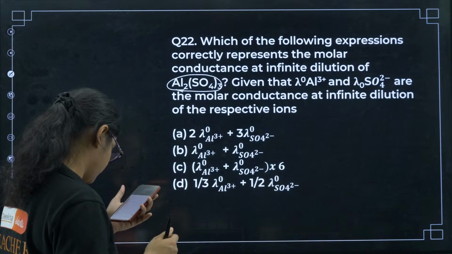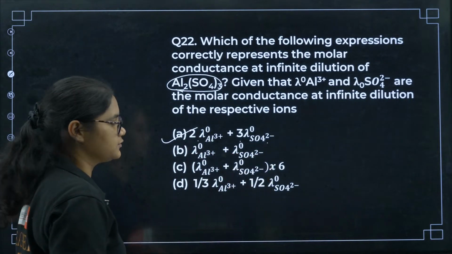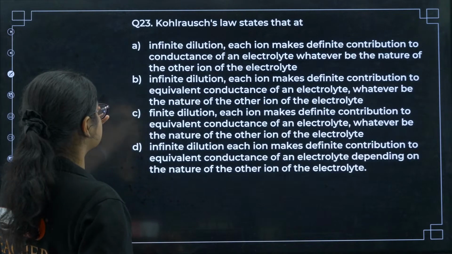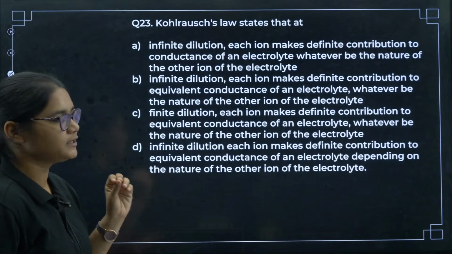22A. Yes, Advay, Ananya, all of you are correct. Here 2 aluminium plus 3 sulfate ions. Okay, option number A. Next, Kohlrausch's law states that... this is a very important question about the definition